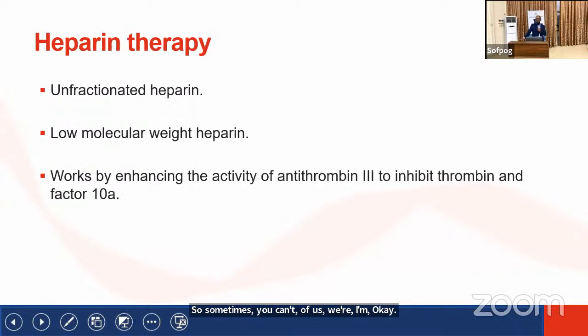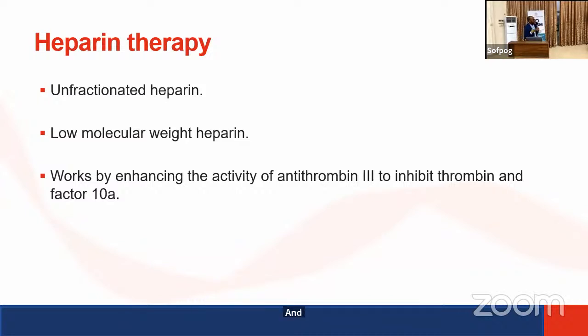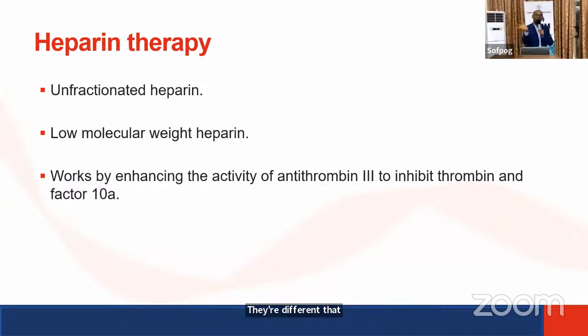And heparin, we have unfractionated heparin and then low molecular weight heparin. It works by enhancing the activity of antithrombin, and antithrombin will then inhibit thrombin. So that's the mechanism of action of heparin. They enhance the activity of antithrombin, and antithrombin will be able to bind thrombin and also factor 10A and then prevent the coagulation cascade. The difference is that the unfractionated heparin tends to affect both factor 10A and thrombin, whereas the low molecular weight heparin